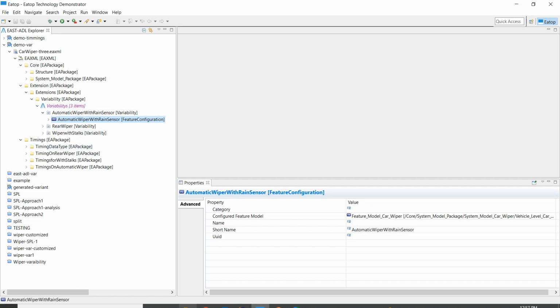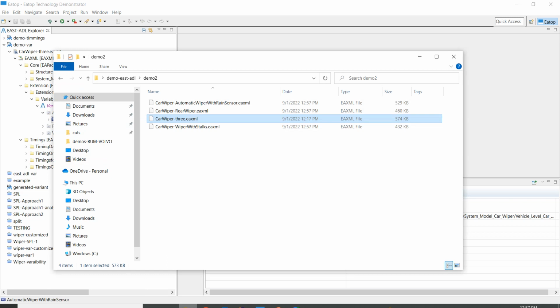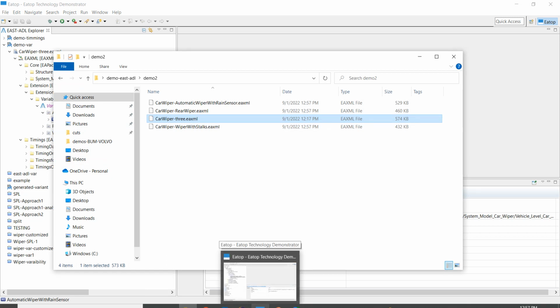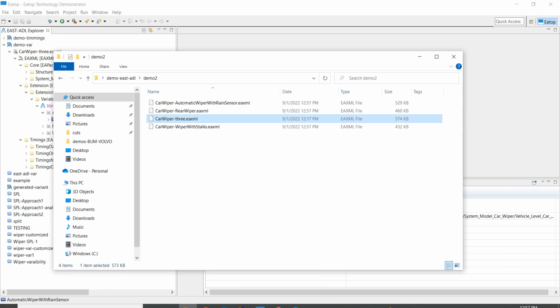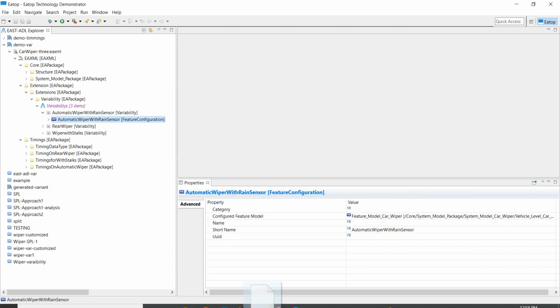And the detailed description about how this variability resolution algorithm is working is out of scope in this demo because it will be discussed in a separate demo. So if we import it in the EATOP,